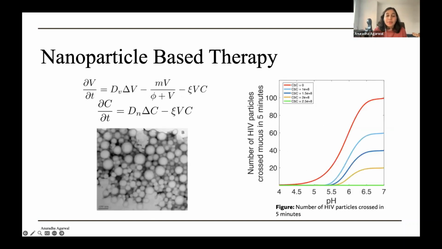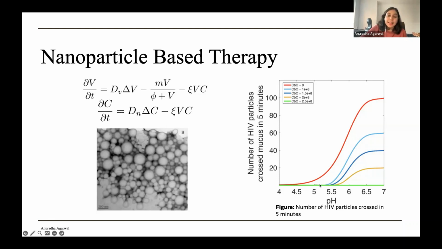Just a little bit of what is going to be done in the future with nanoparticle-based therapy. As you can see, this part is what we already have from our equation, but now we have two PDEs. We have a system here, one representing the movement of the virus and the other representing the movement of the medication, the nanoparticles. So we have two different diffusion coefficients, and this term is how the virus is interacting with the nanoparticles. In this figure, you can see that as we increase the concentration of the drug-filled